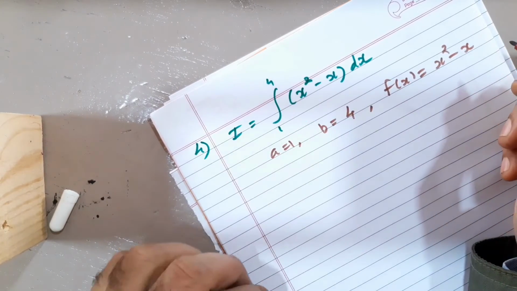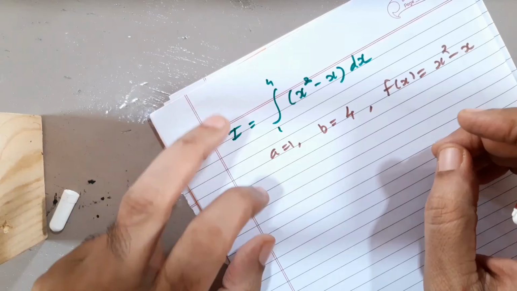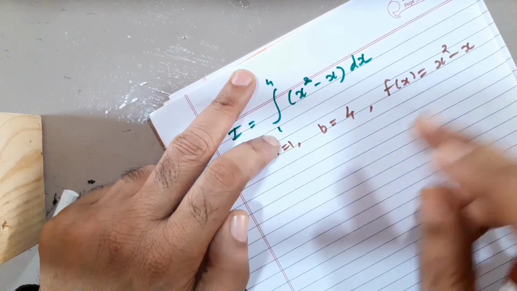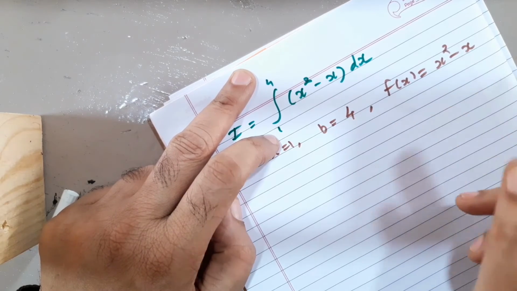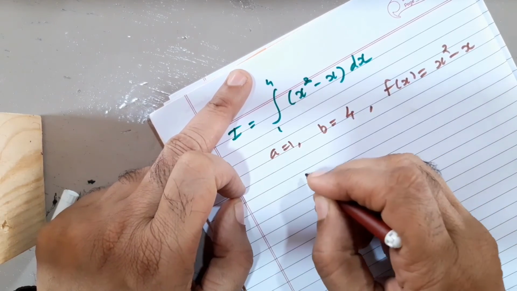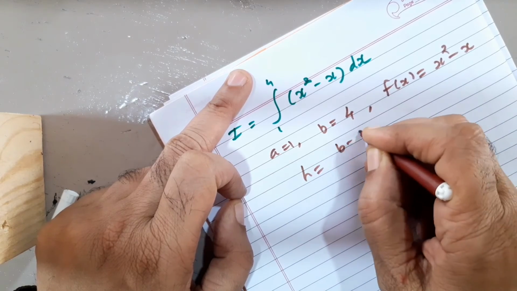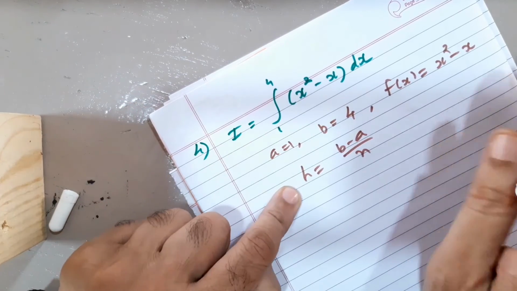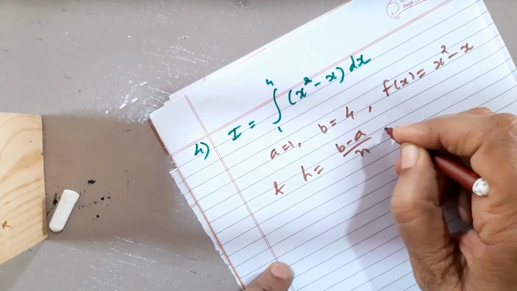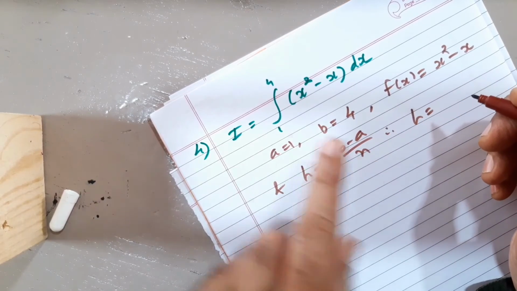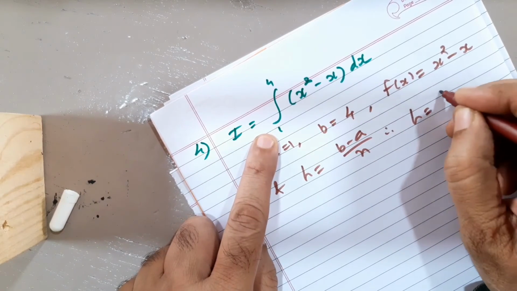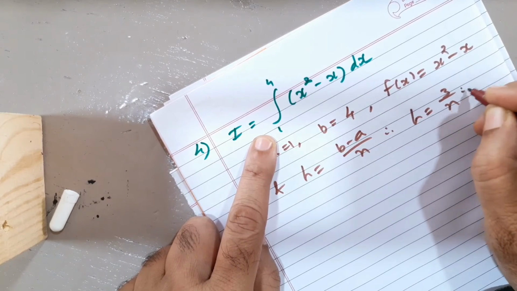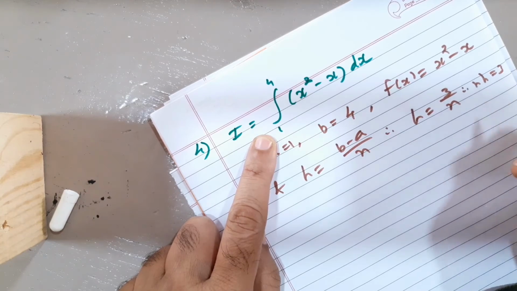And then we have to write like this, that dividing closed interval 1 to 4 into n equal parts, length of each sub interval is h equals b minus a upon n. So that whole sentence you have to write down. Directly ऐसा नहीं. Okay, अभी मैं लिख रहा हूँ just like that. So b minus a, 4 minus 1, so it will be 3 upon n. So h is equal to 3 upon n, or you can say nh equals 3. Correct? Right? अच्छा.